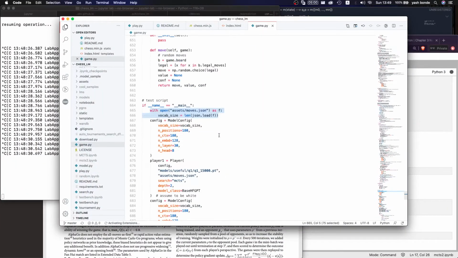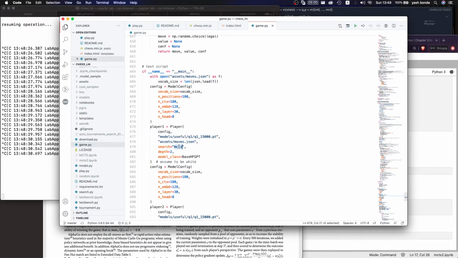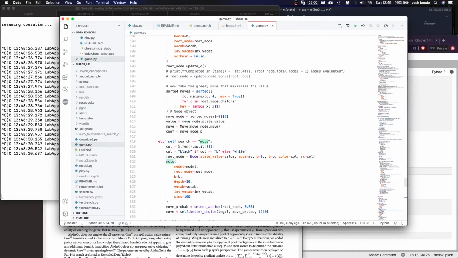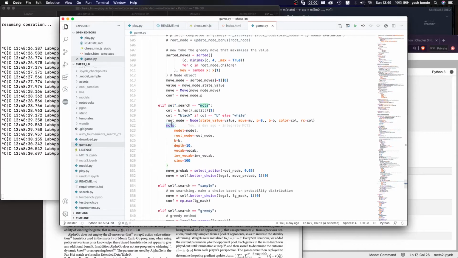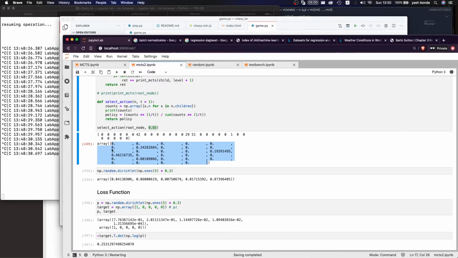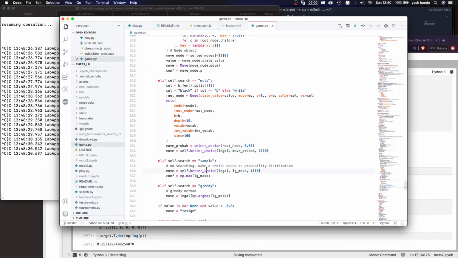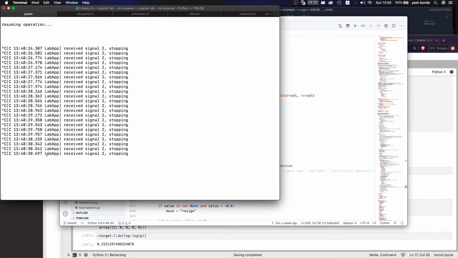So you can now simply define the search based on MCTS. What it is going to do is define the root node, tell it to run the MCTS function for all these things, define the move probability, which is the probability distribution of taking any of these moves, and then finally you say self.betterChoice, and it's the same as sample, because in the paper